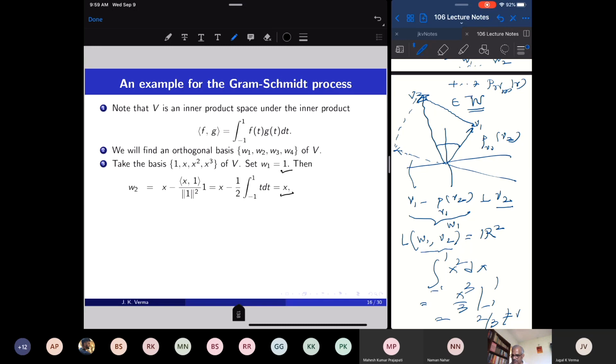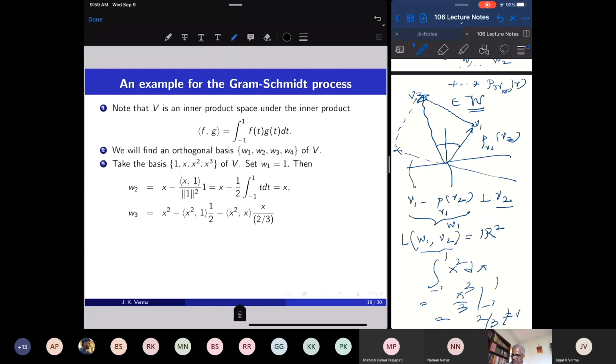There's no change. If you apply the Gram-Schmidt process on vectors which are mutually perpendicular already, it doesn't lead to anything new. You can check from the definition of the Gram-Schmidt process that the effect is the same, and it will produce the same set of vectors. That's what happened here. 1 and x were mutually perpendicular, so the Gram-Schmidt process did not change these two vectors.